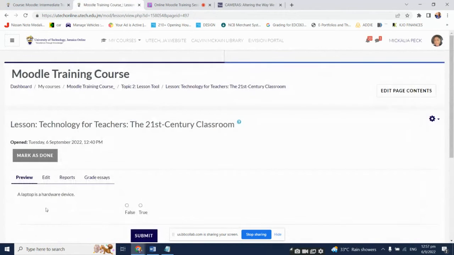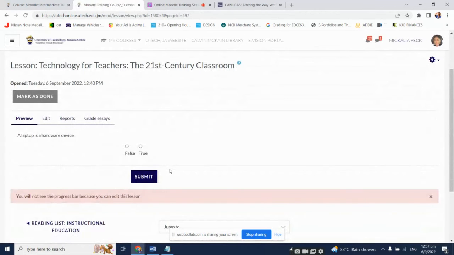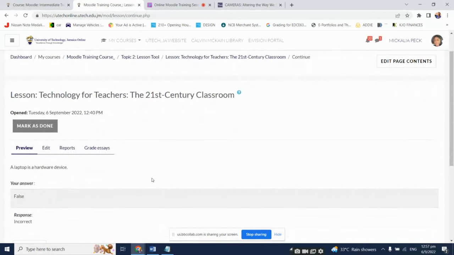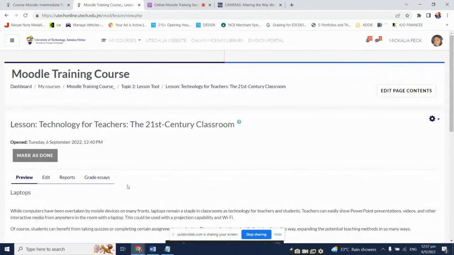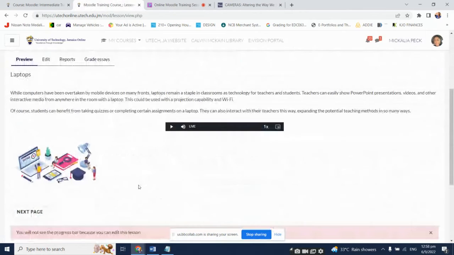Click on next page. It says a laptop is a hardware device. So if I click on false and I submit, it says incorrect. Answer false, incorrect. So if I click on continue, it takes me back to the laptop page as I'd wanted. All right. If I click on next page,